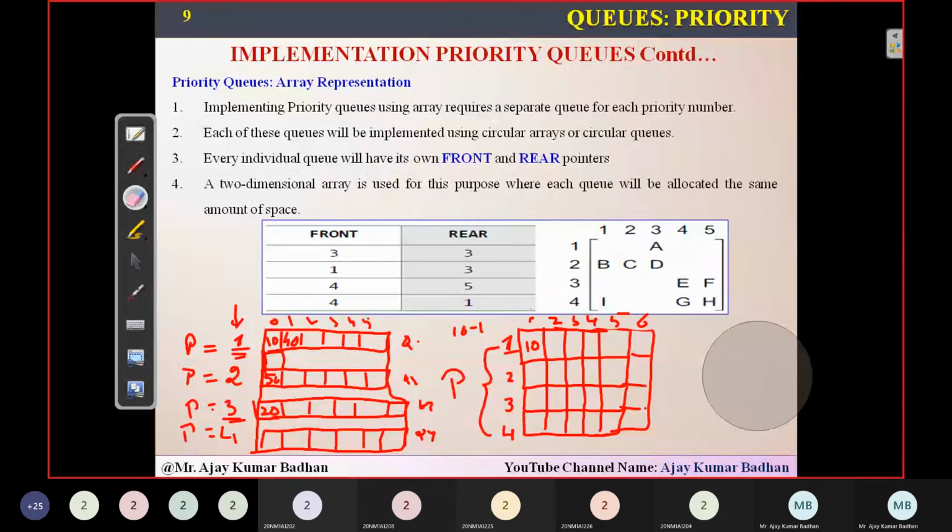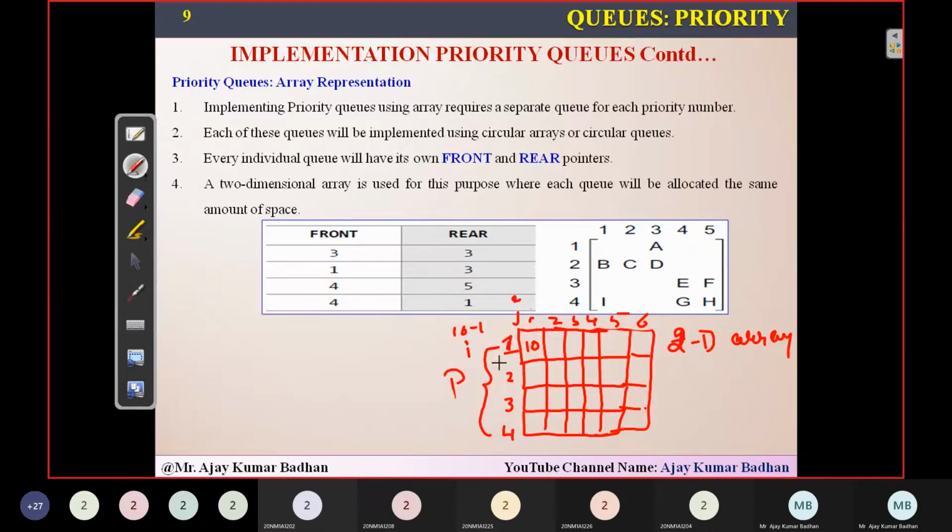Now, if I want to represent this matrix, I think you people are familiar now. You might have got an idea how to represent arrays, isn't it? So based upon this matrix, can you tell how you are going to represent a matrix from a programming point of view? We will be using something called a two-dimensional array, where this is I and this is J. I represents the priority, J represents the number of elements we can store. Based on that, we are going to do it. I hope you people are getting it. Okay, if you understand this, then I will explain the previous one.